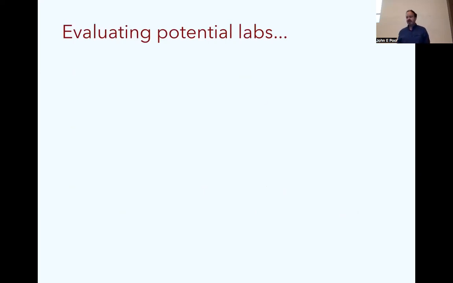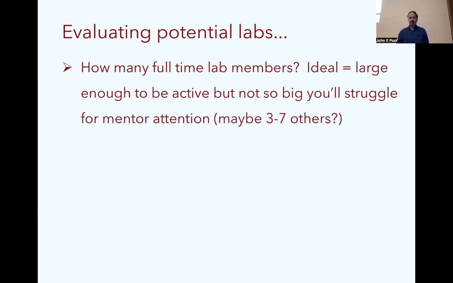So, how might you evaluate whether you want to contact that faculty member? Here are some potential considerations. One is just lab size. Different individuals might thrive better in slightly different environments. But I would say you might want to give a little bit of extra thought if a lab is either very large or very small. You might think, well, very large means very successful. They must have a lot of funding. They're probably publishing a ton.